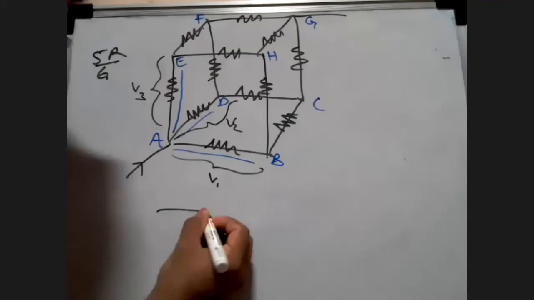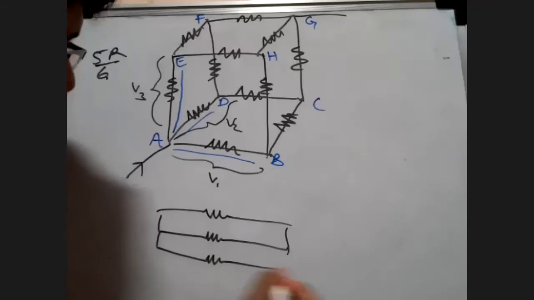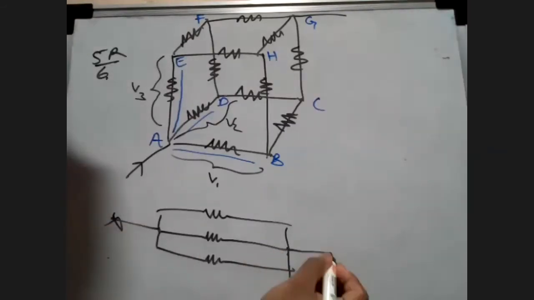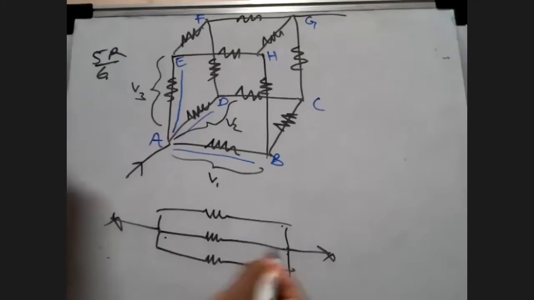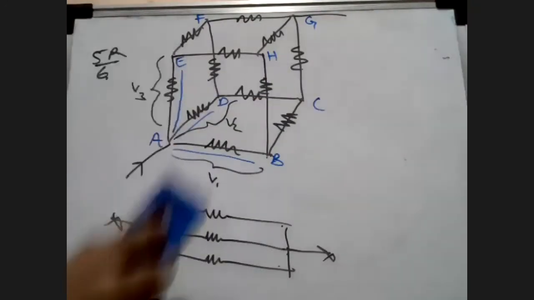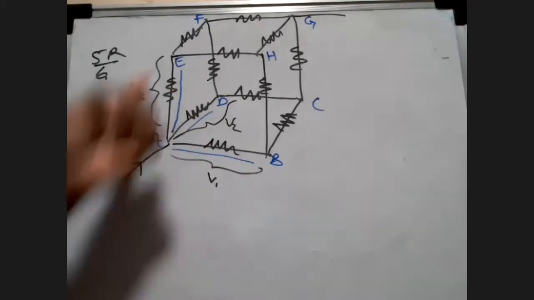And so when we have learned the concept of parallel, what did I say? The potential difference across all these parallel resistors is going to be the same or different? Potential difference across this point right here and this point right here, across any resistor in a parallel situation, are they same or different? Same. They are going to be the same. So can I say the potential difference of A and B, A and D, A and E is all going to be the same? Because they are parallel. I'm just talking about AB, AD, and AE.